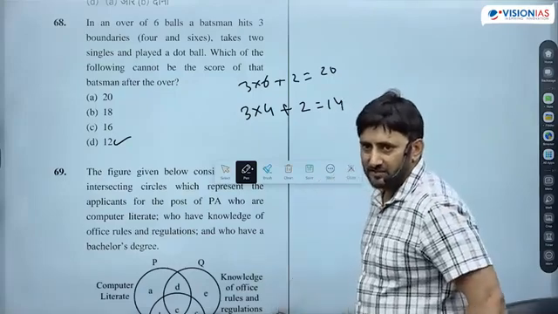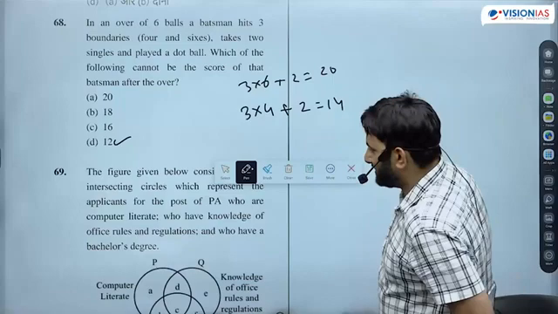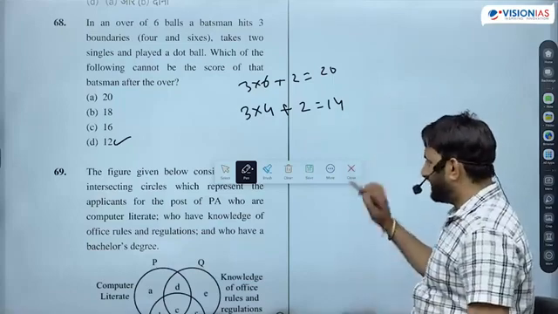हुआ था ये एग्जाम में सॉल्व? हो गया था, गुड। क्रिकेट वाले हो जाते हैं।